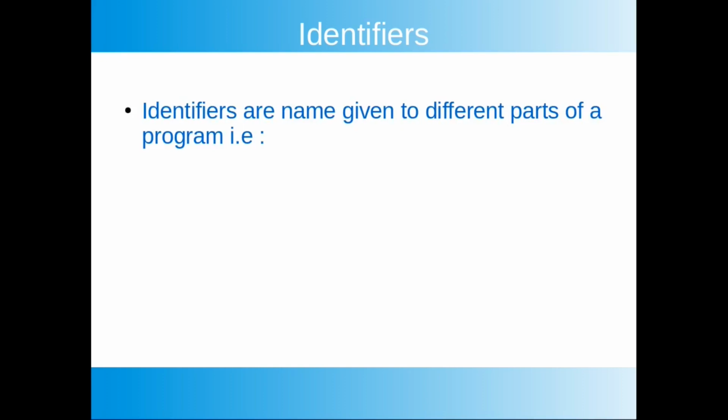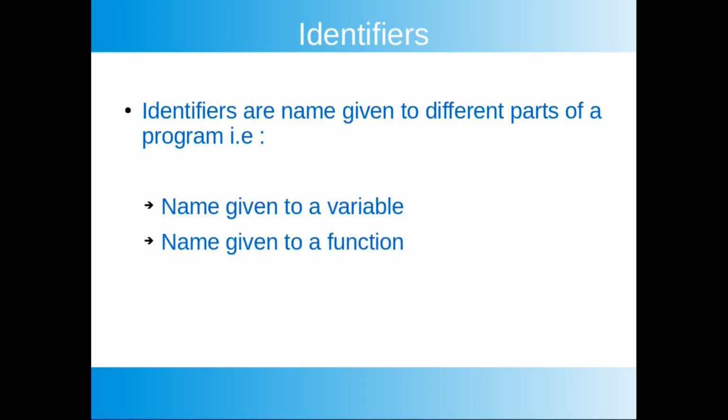The second one is your identifiers. The identifiers are names given to different parts of a program, that is a name given to a variable, a name given to a function, or a name given to a list, string, tuples, etc. Now these identifiers make our task easier during the course of writing a program, as one does not need to remember the values or set of instructions. One can use these values or instructions just by placing or calling out its name.